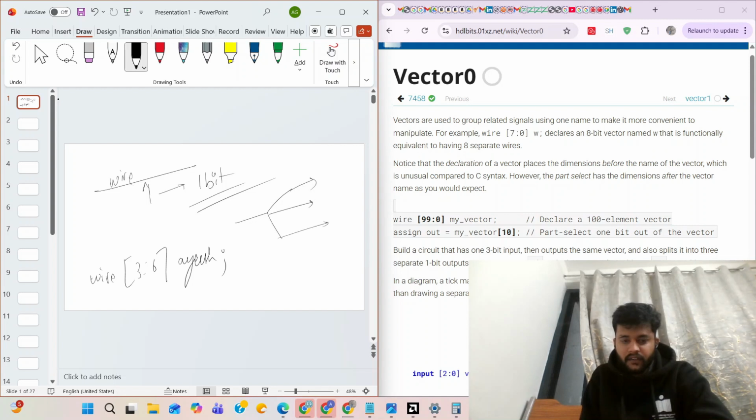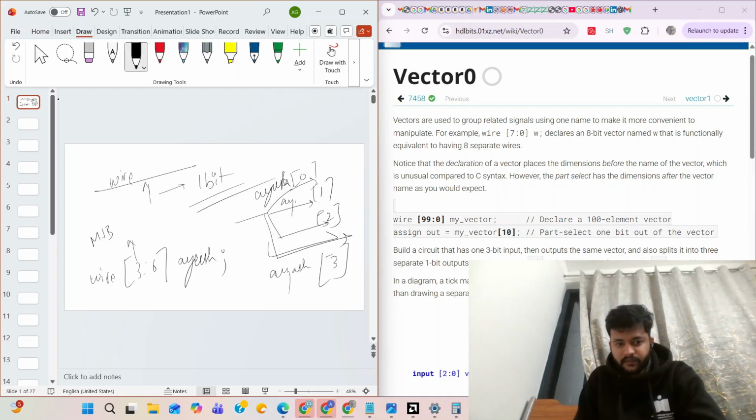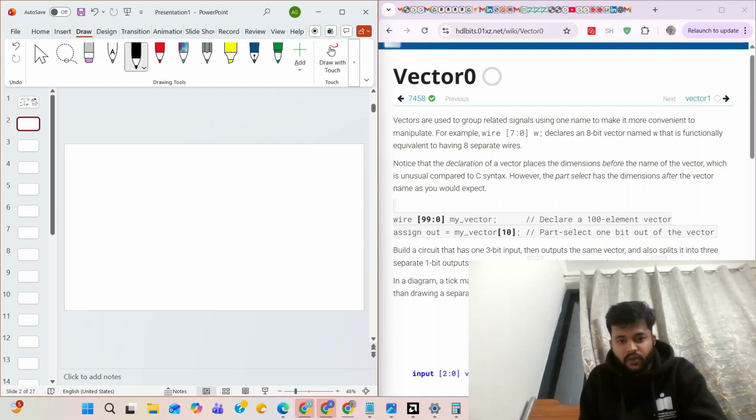So this is that, and it will be like Ayush[0], Ayush[1], then [2], and one more, [3]. This one indicates the MSB and this one indicates the LSB. Let's say you wrote something like [0:3]. Then the MSB will be this one and the LSB will be this one.